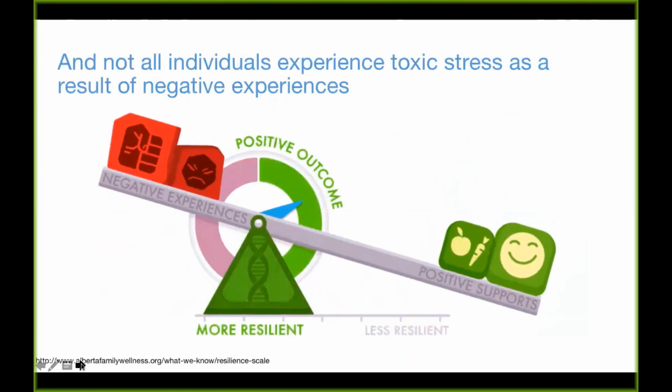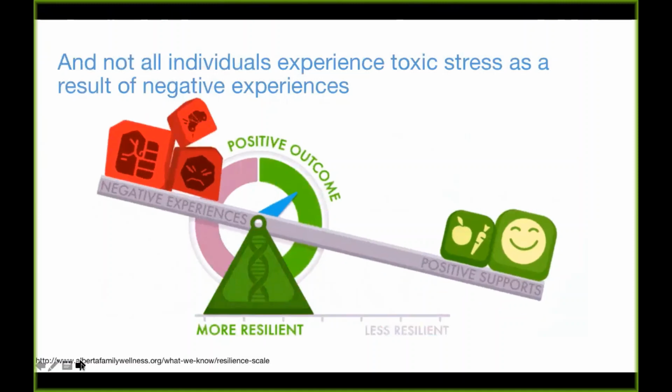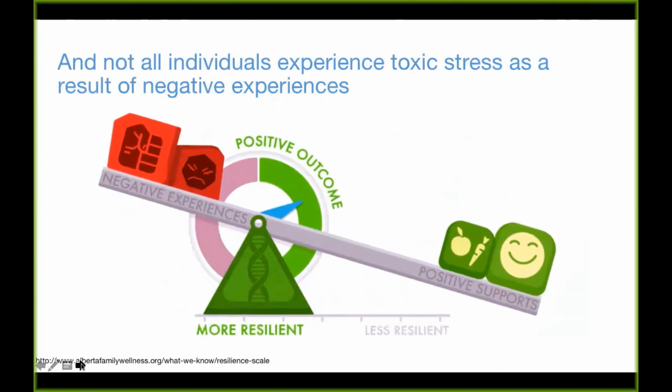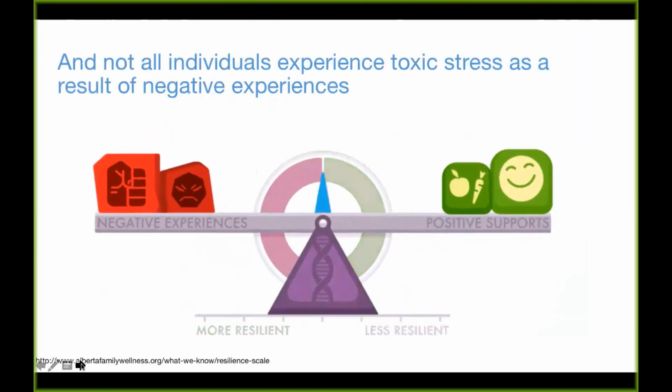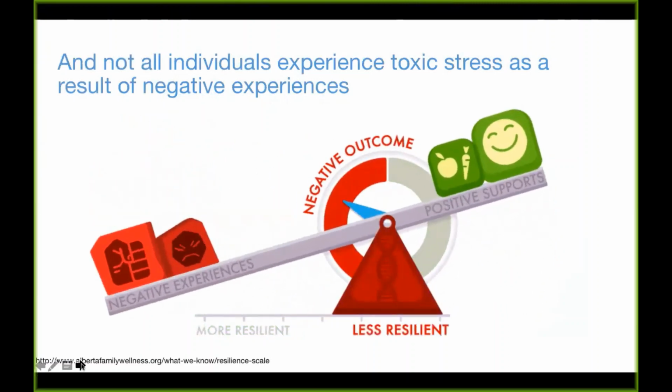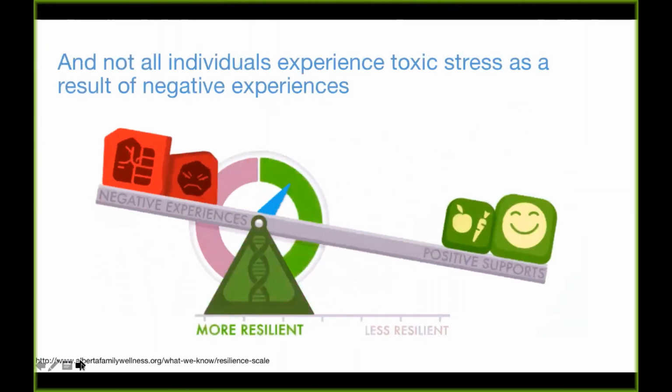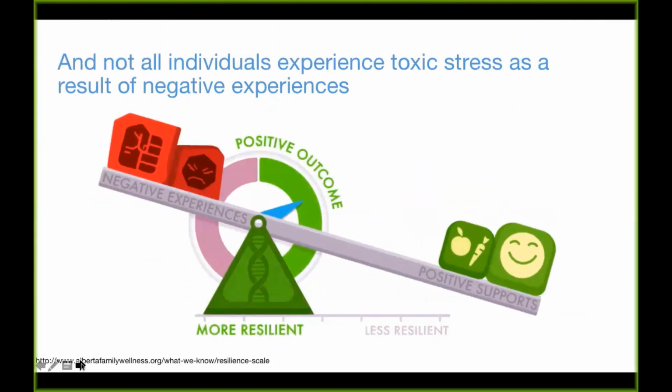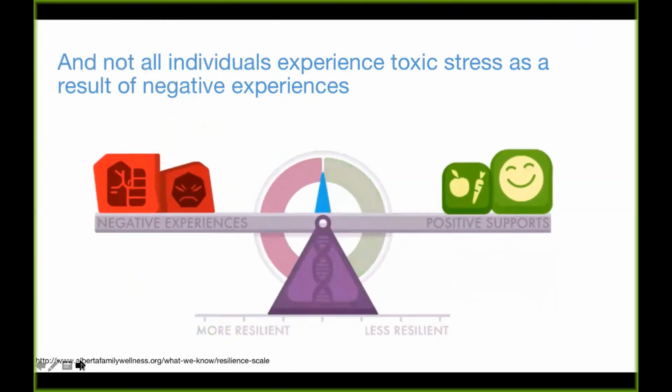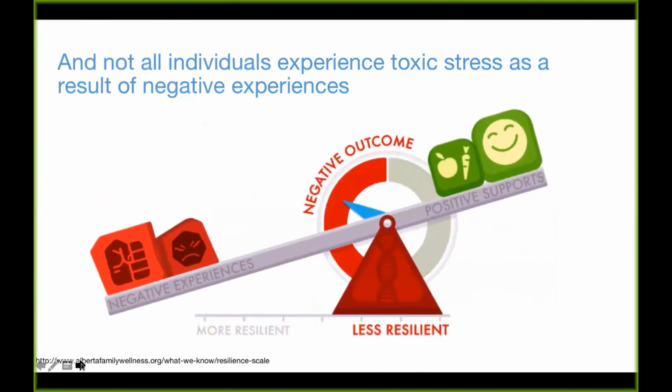And then at the other end of the scale holds the bad things, the risk factors. ACEs are risk factors. And then there's the fulcrum. So the fulcrum represents the biological makeup of a person. Our biological makeup includes our genes, which may make us more or less susceptible to stressful experiences. And although our genes don't change, other factors may influence how our bodies react to stress.